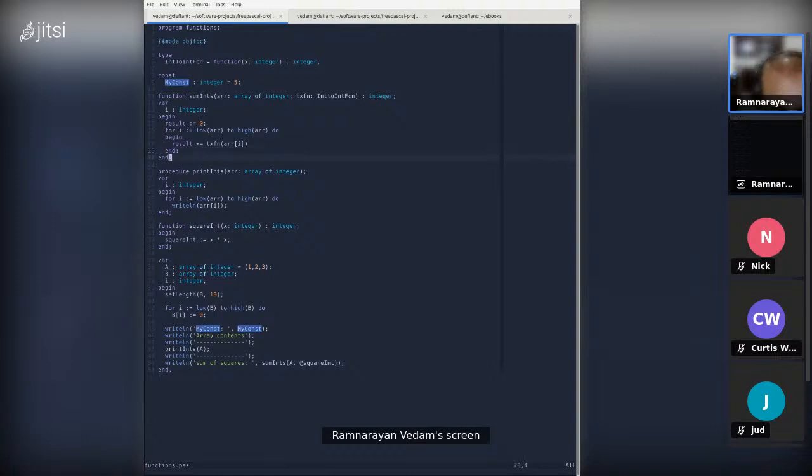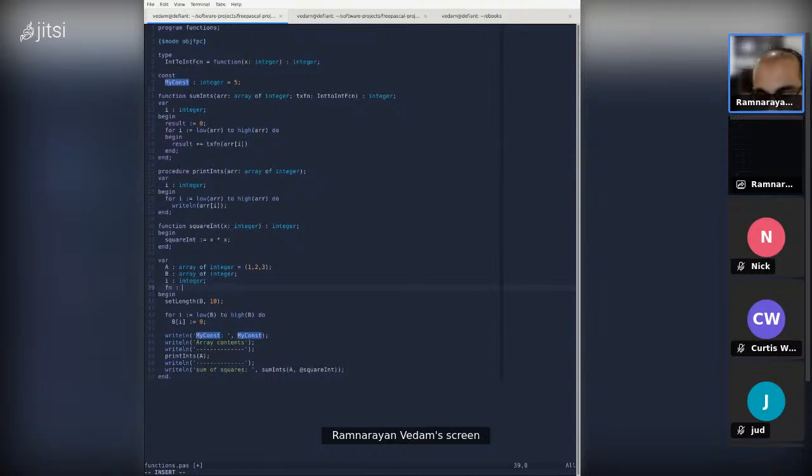To use this higher order function, I'm going to also show this as well. You can either call it directly, which is line 50, or you could create a parameter of the type int function and then assign to it square int.